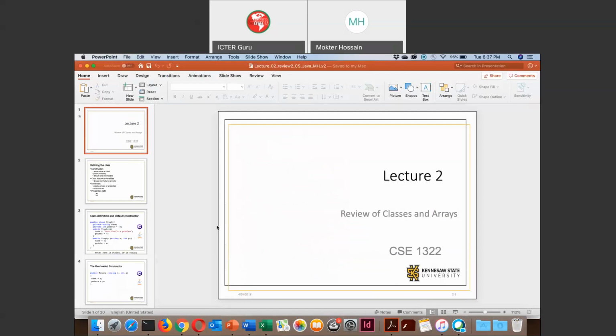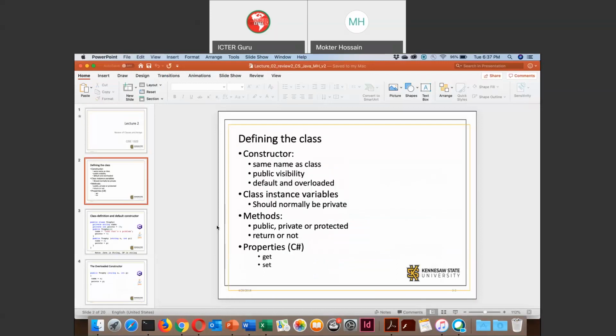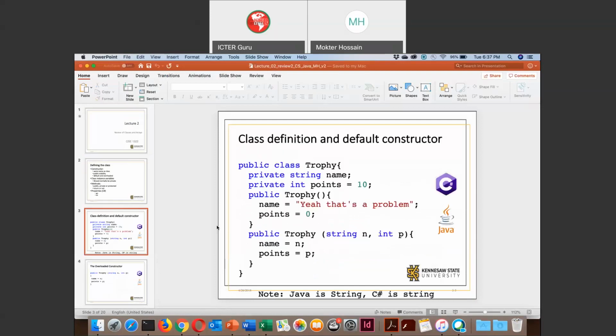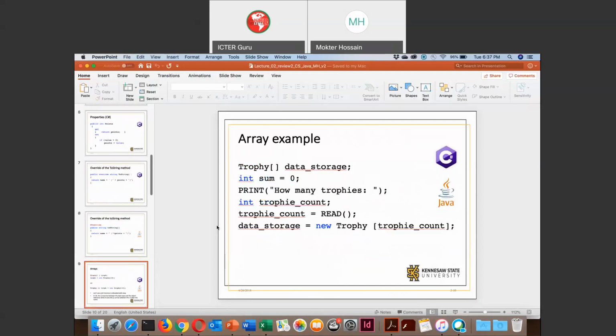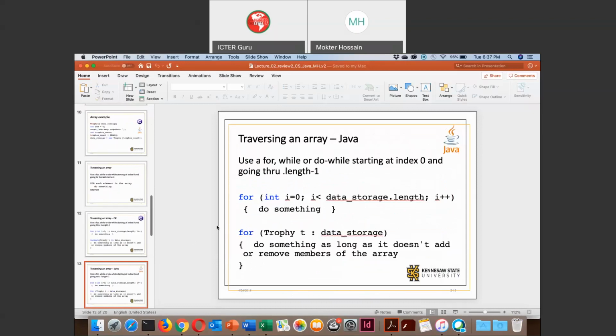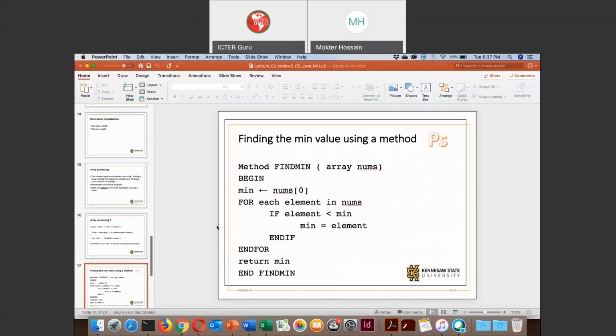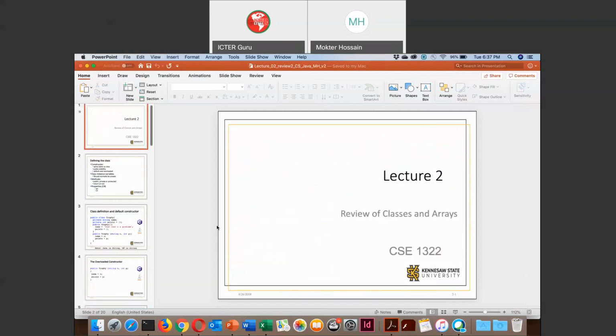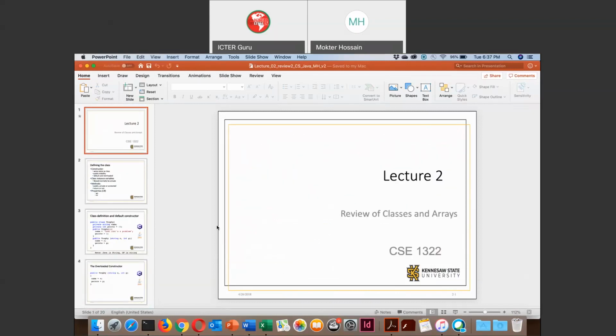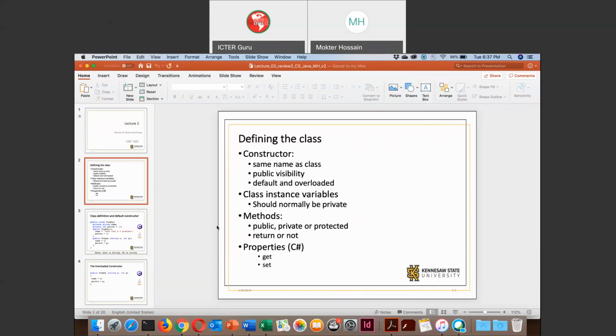There was a discussion about review of classes and arrays. Let me take a quick look at what we have here. In tonight's class we will mainly discuss arrays, but since we are discussing object-oriented programming,